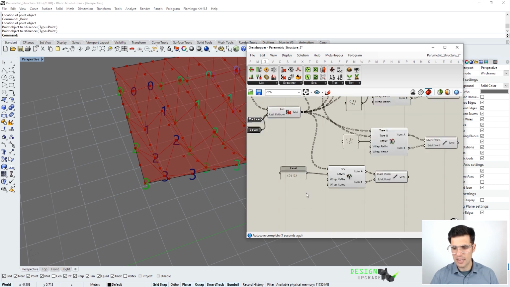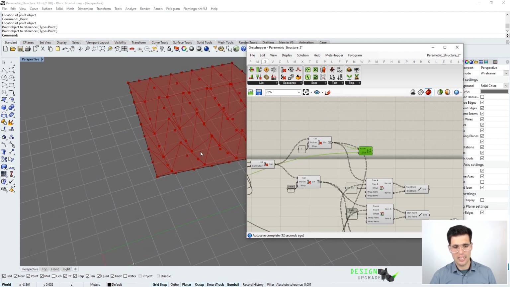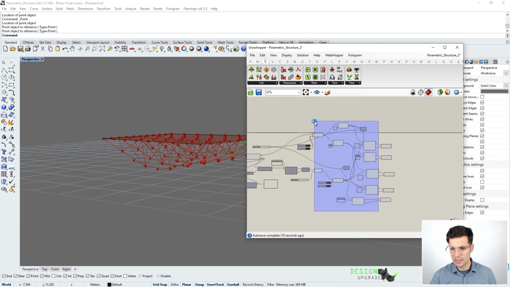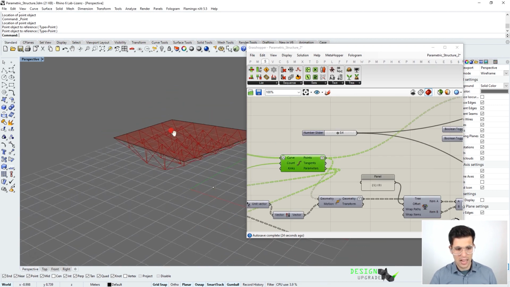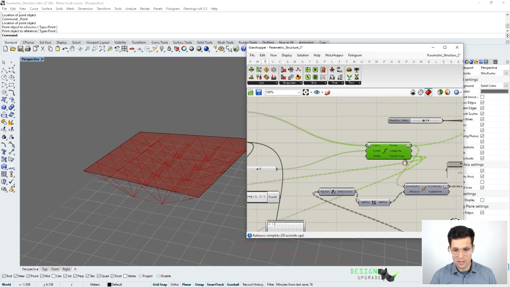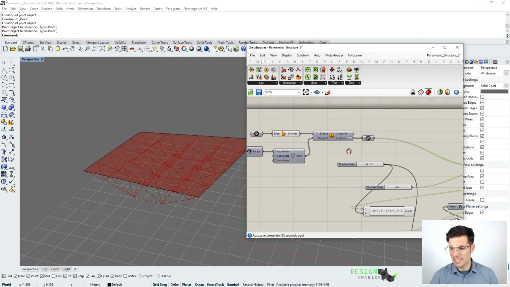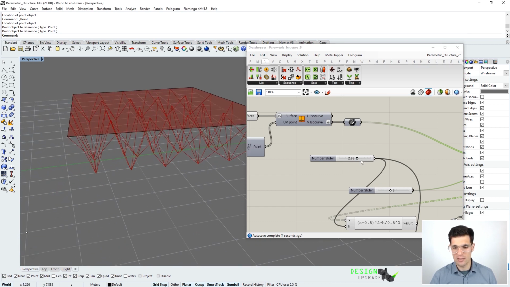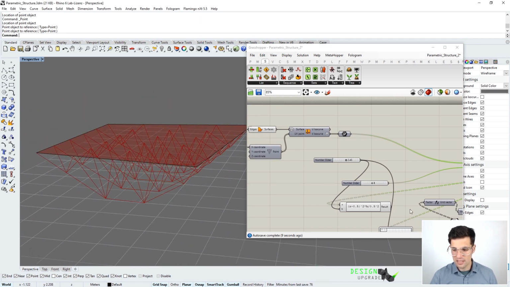So let me just hide our point list components, and we can even hide everything that is not a member, actually, like that and like that. And you can see that we already have our space frame parametric structure, and of course we can now try modifying our initial parameters, so we can modify the height of our structure, and we can see how the geometry automatically changes. We can even change the number of subdivisions, let's say,